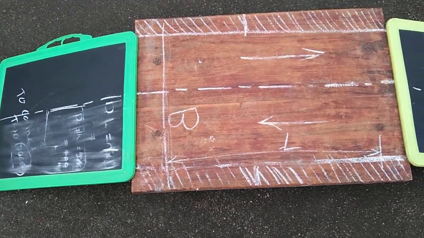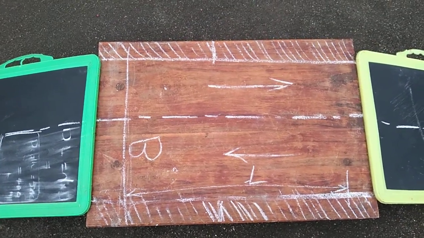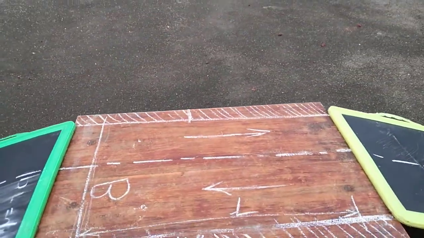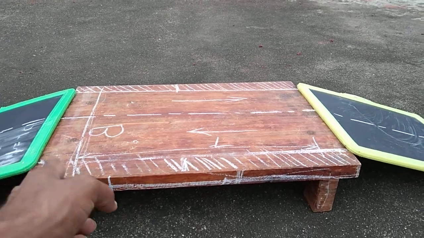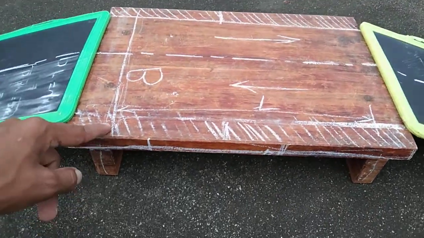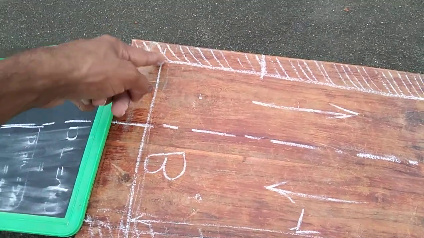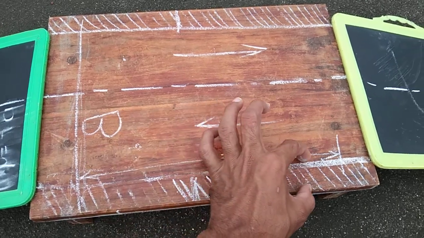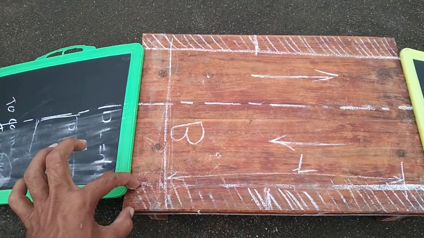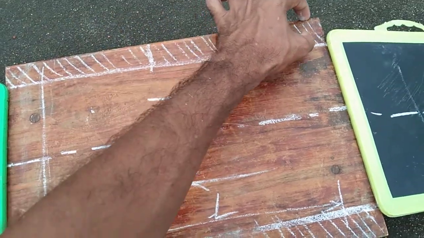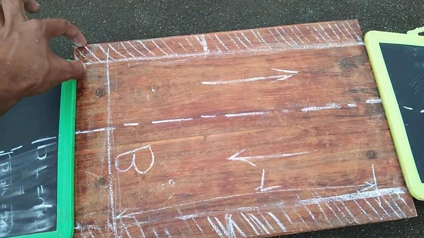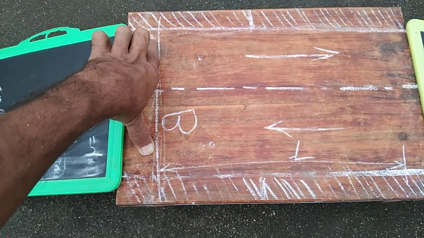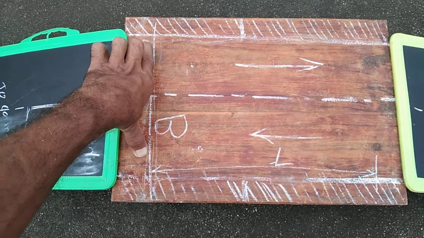So in our curriculum, the first topic is design of deck slab. So this is the deck slab. The dimensions of the deck slab: the length of deck slab is L, the width of deck slab is B, and this portion is the curb. Generally we'll consider an 80 mm thick curb. So if it is a two-lane road bridge, the width of bridge will be considered as 7.5 meters.